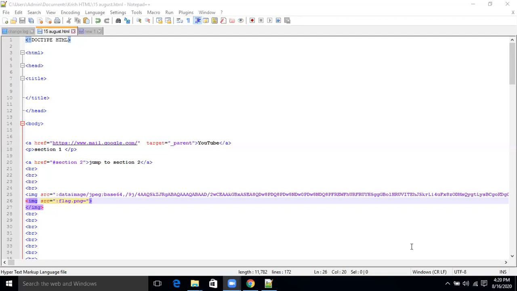Image source equal, yeah. But what you need to do, this colon will not be there. Remove that colon. It's just the file name. Wait. And at the end, remove this equal to sign and save it and show me again.